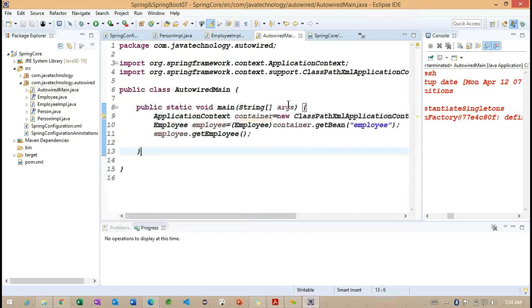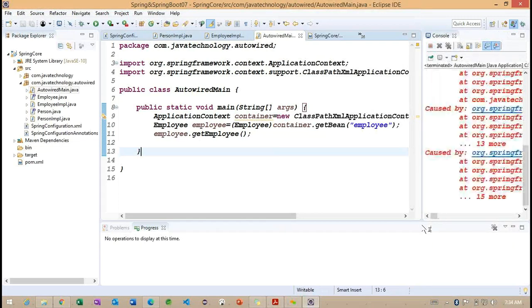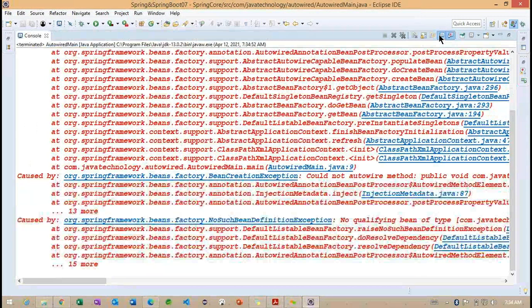If I'm going to remove this required false here, we need to understand how exactly this is going to work. So see the exception information here: no such bean definition exception. Getting the point? So now we are getting no such bean definition, because whenever we specify this AutoWire here, what happens internally? Based on byType, because we already discussed in the previous example, we have different types of AutoWire properties.